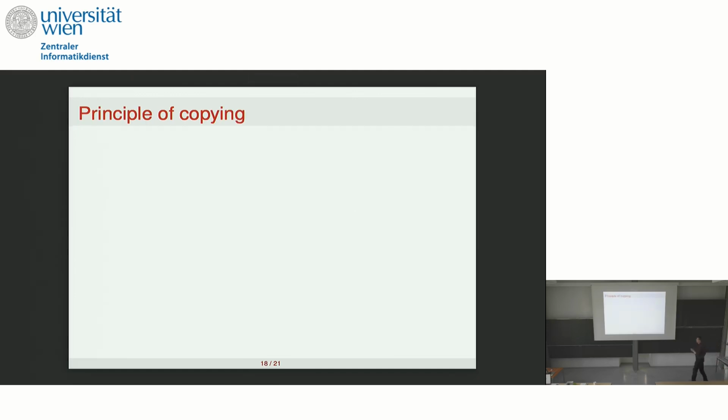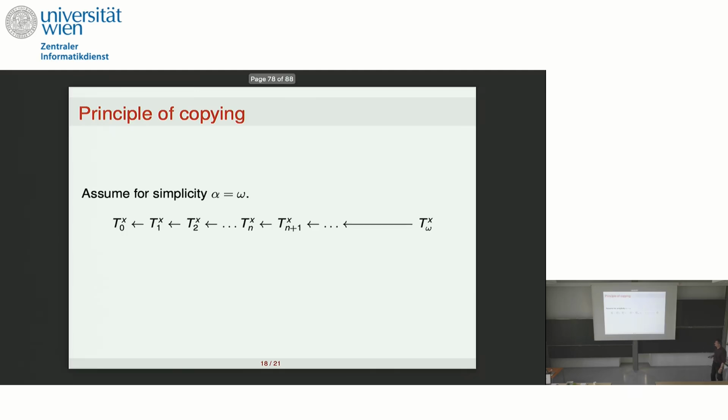Now, at the end of my talk, I would like to say something about how these two methods, how these two principles are applied to construct the desired chain of trees and the resulting mapping Xi. So here, for simplicity, I would like to simplify my situation a little bit. If we assume that alpha is omega, which in fact is the case in Harrington's manuscript, then this is rather easy.